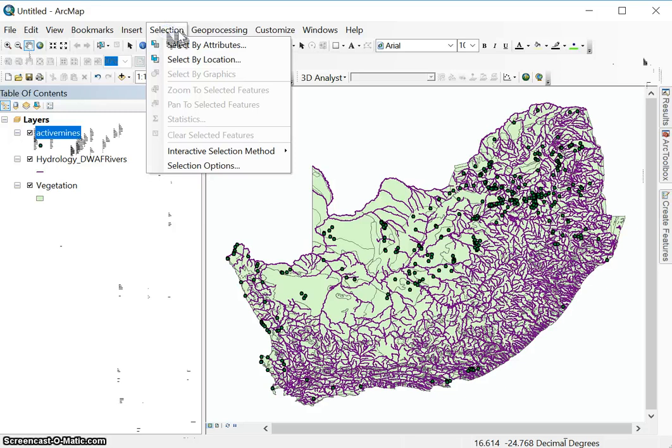So there are 2 ways in which we can do selections in ArcMap. Select by attribute, and this means do a selection based on the descriptive information that we have for our features, or we can use select by location. And here we use the spatial information to make a selection. So I'm going to click on select by attributes,